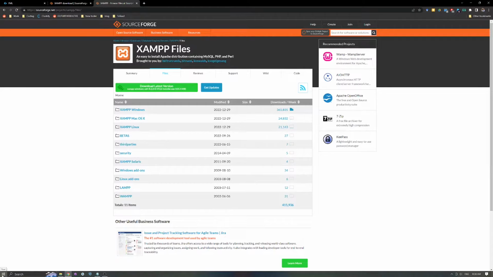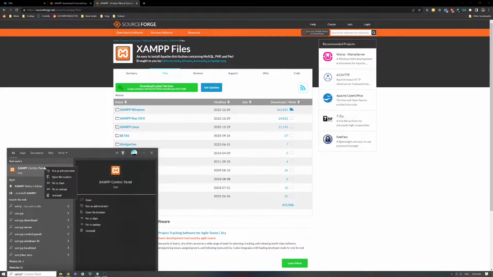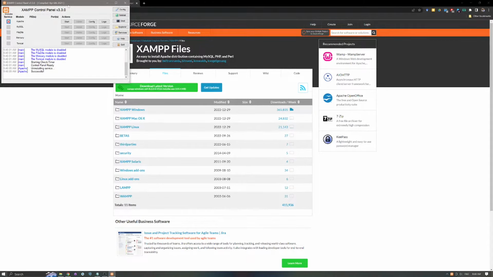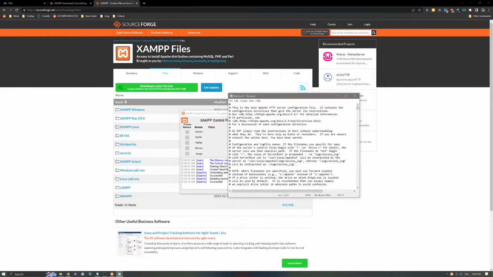Now, we are going to search for Xampp in the Windows bar and right-click the application. Select Run as Administrator and click Allow on the prompt. Once open, click the red X beside Apache to install the component. Next, we are going to select the Apache config and choose